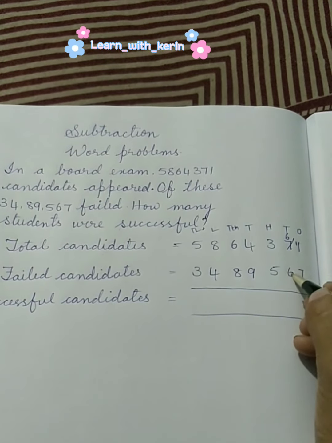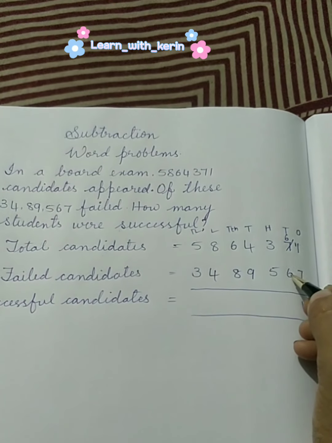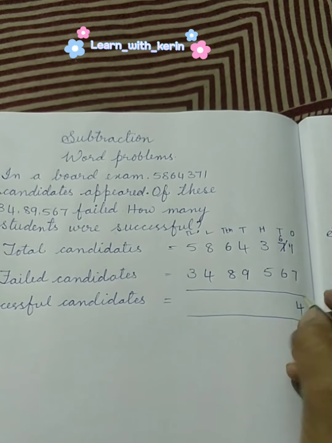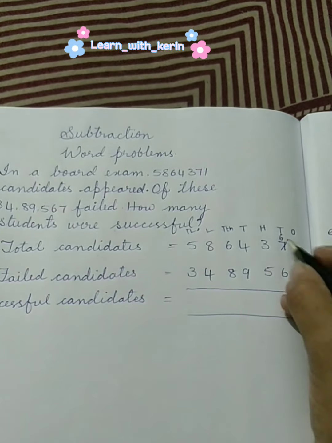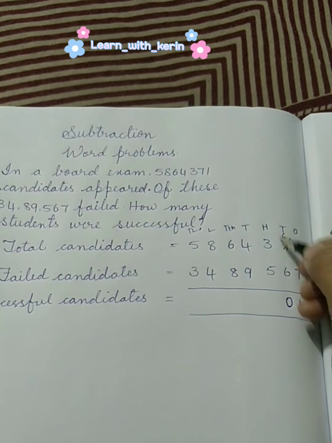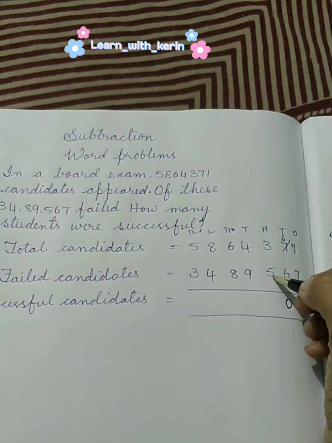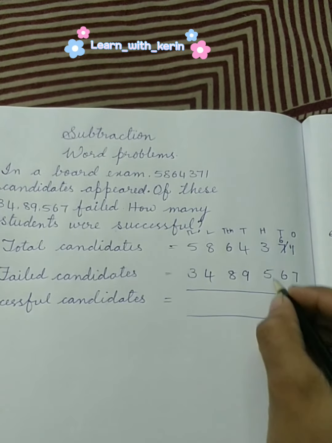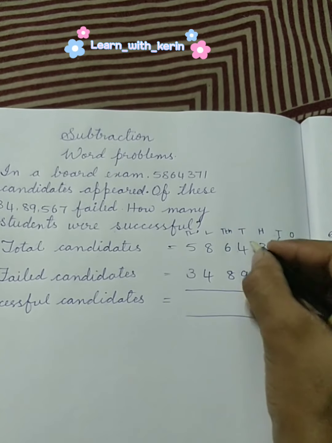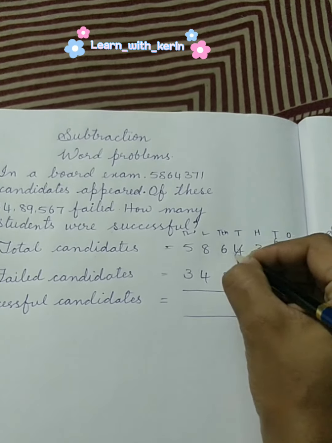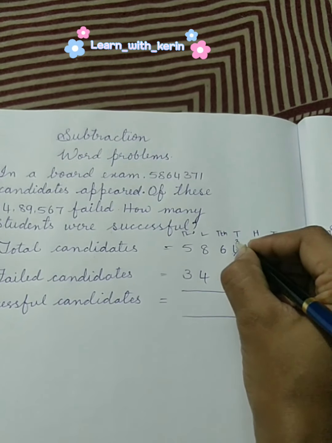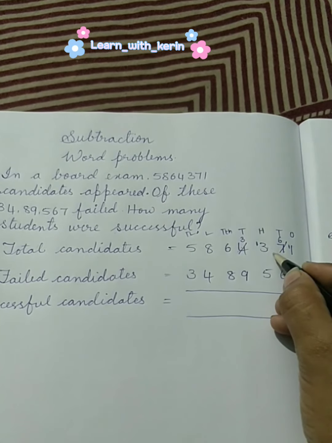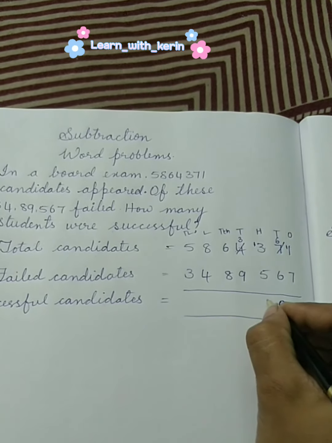Next, we'll subtract numbers in the tens place. In the tens place, up we have 6 and down we have 6. So both the numbers are the same. 6 minus 6 is 0. Next, we'll subtract numbers in the hundreds place. In the hundreds place, up we have 3 and down we have 5. 3 is smaller than 5. We cannot subtract directly. We will borrow one from its neighboring number. So from 4, if I give you a 1, 4 minus 1 is 3. Now after getting 1, this number became 13. So in 13, if I subtract 5, the remainder would be 8.